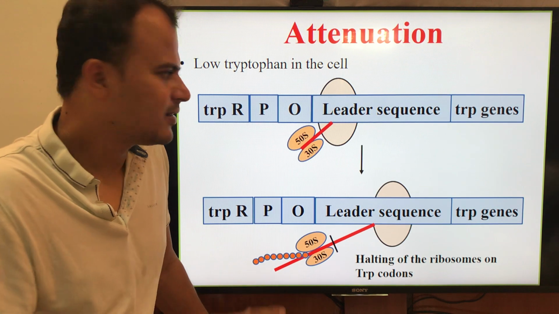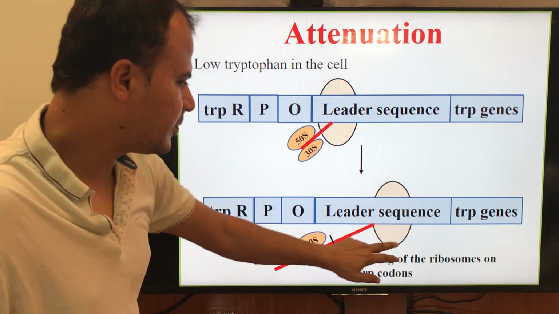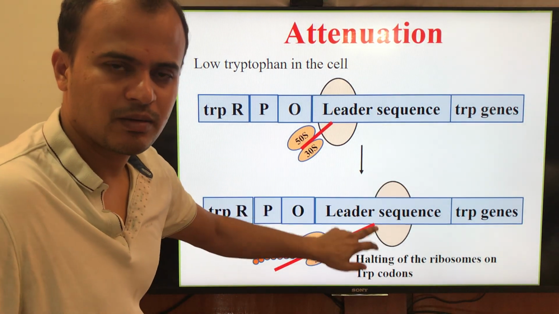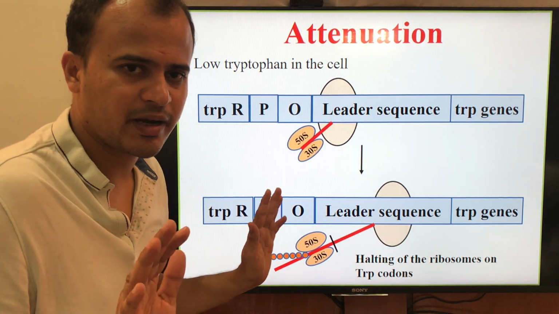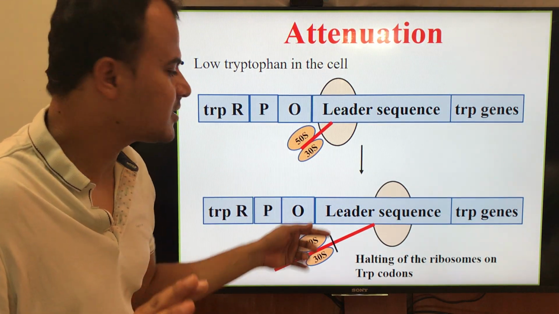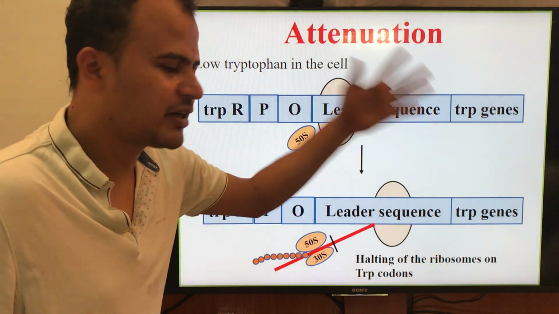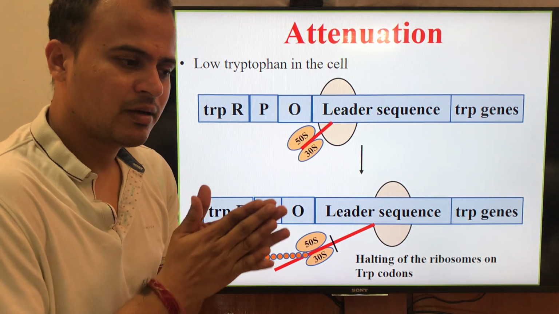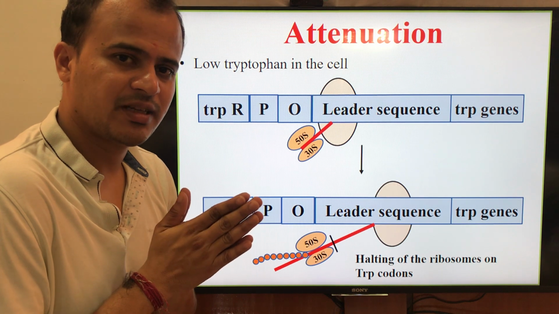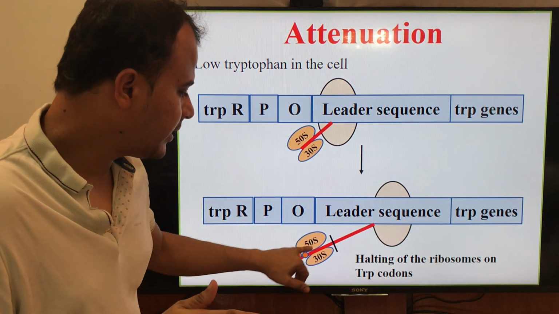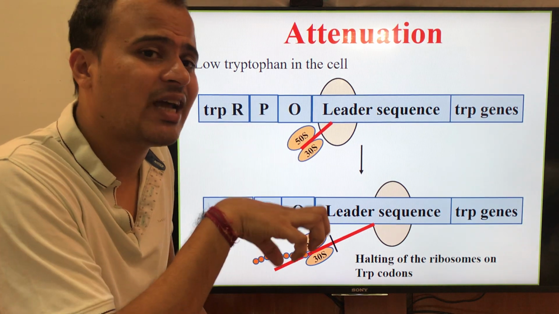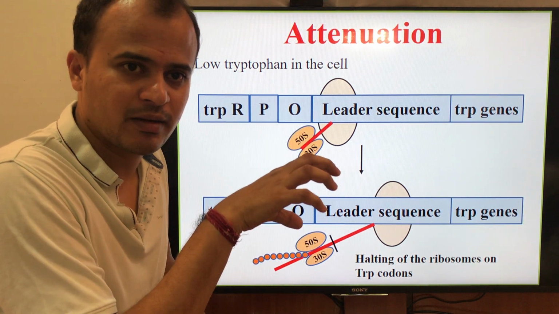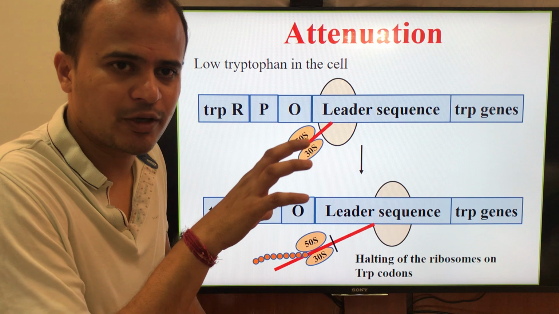As I said, it will not stop the activity of the RNA polymerase. The movement of the ribosomes is not dependent on the movement of the RNA polymerase. RNA polymerase continues to transcribe. Here, a very important point to be noticed is the ribosomes have stopped their activity solely on the segment 1. They have not yet reached the segment 2.